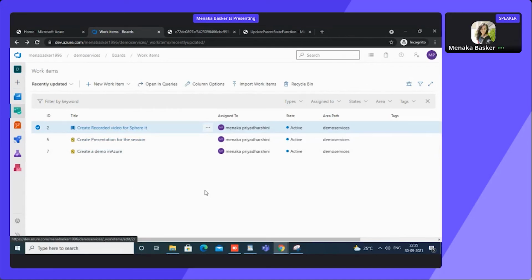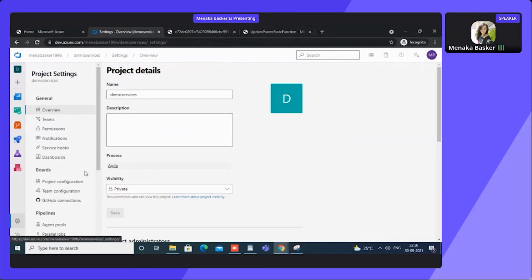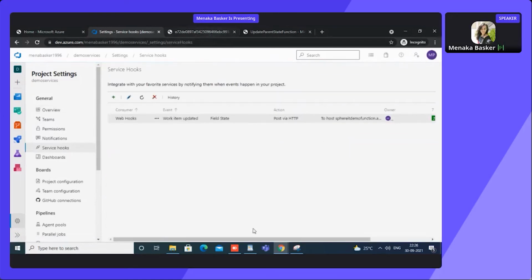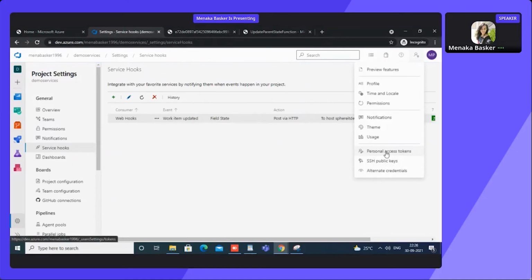For example, in work items, it is not only for updating the user story based on this task. We can perform any other automation inside DevOps by means of Azure Functions. Only the integration and consent are needed. We can use the inbuilt service hook. We can have the Azure function integrated with DevOps, as well as use the PAT, which is already available in DevOps, to make it work along with the Azure Key Vault for managing the authentication.